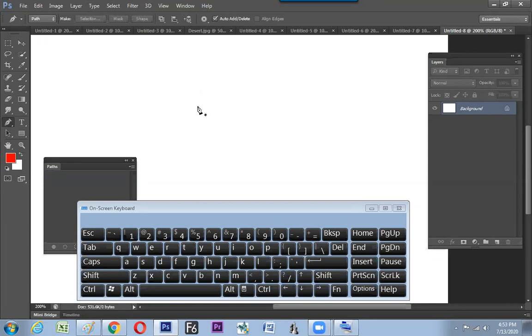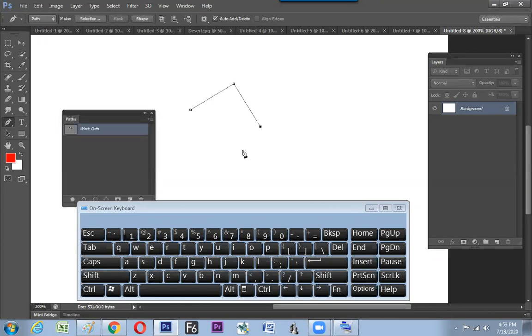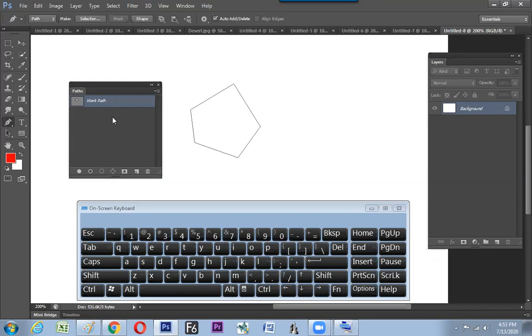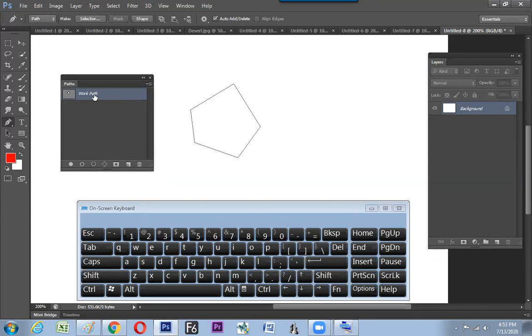Fine then. So we have understood how the pen tool can help us. Every time you create something with the pen, it comes in the Paths window as a work path. Now you know where the pen tool's created path is saved: inside the Paths window with the name Work Path. This is a point to note. While you create the next one, it will have the same name, but if you click outside and try something new, what does the software do? It will overwrite the previous one. So always rename the path. What is the point we have learned?